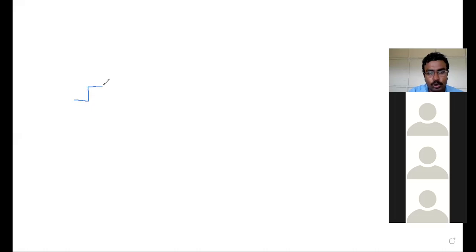So let me take a clock pulse again. Since it is a 2-bit counter, totally I want 4 clock pulses to complete the cycle. So I'm taking 4 clock pulses. This is my first, second, third, and fourth clock pulse. These 4 are enough. And I am considering negative edge triggering. So these are the negative edges where I have to trigger all the flip-flops that I'm having.